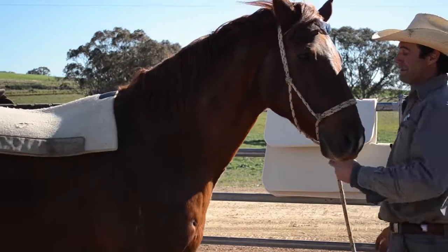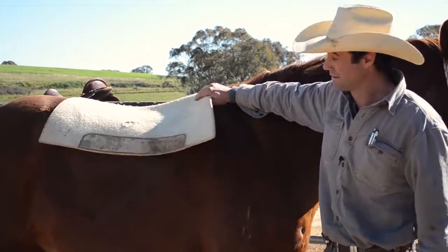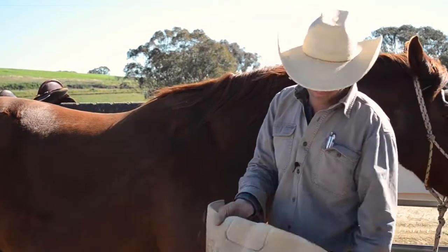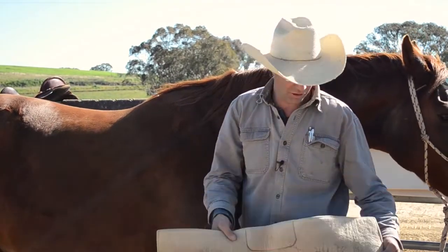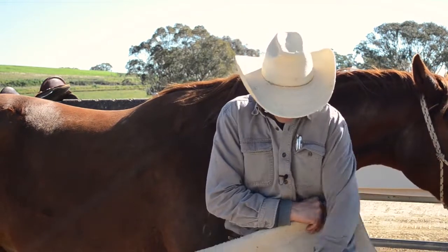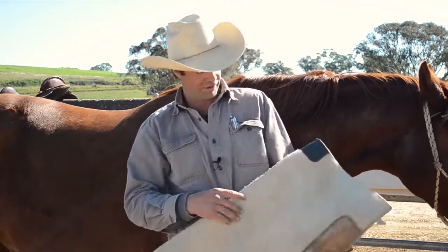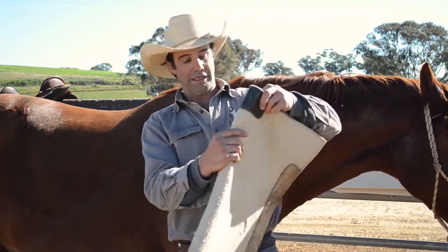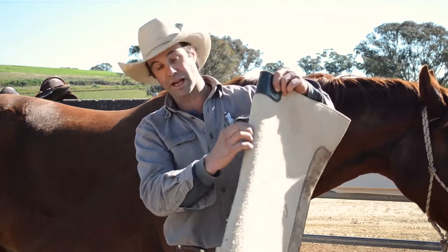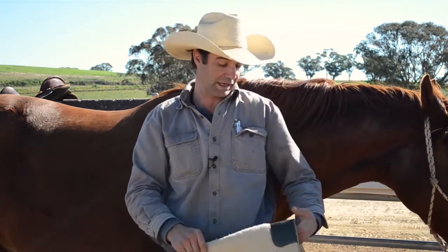Thank you, sir. Alright, so this is a very old pad. This is one of my first pads. This is the 13mm. It's done a lot of work. I ride in it. It's probably 13 years old. It's original. It's got leather down the side, how we used to first do it. It's got no cutouts down the wither. That was before I started cutting the withers down